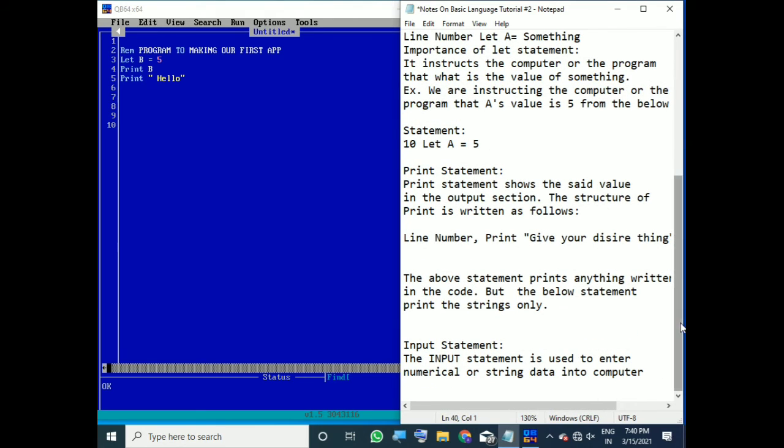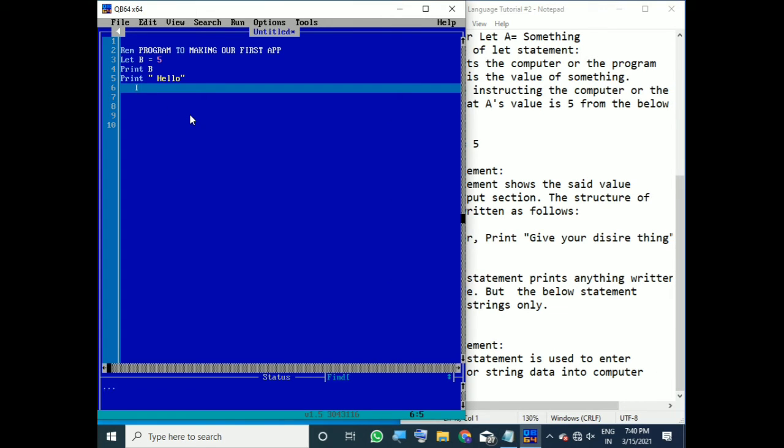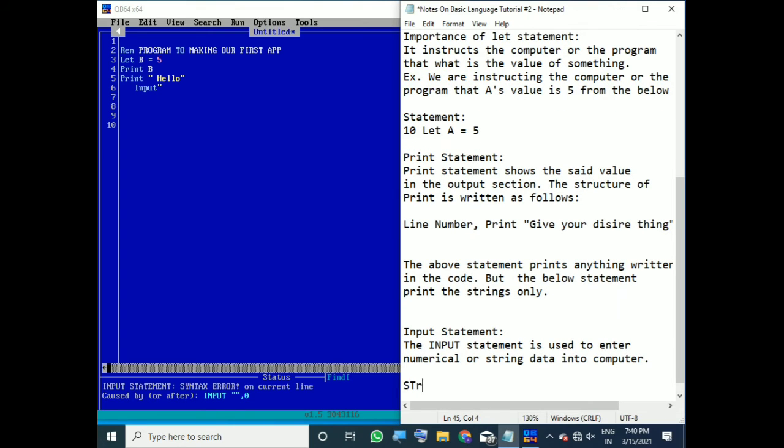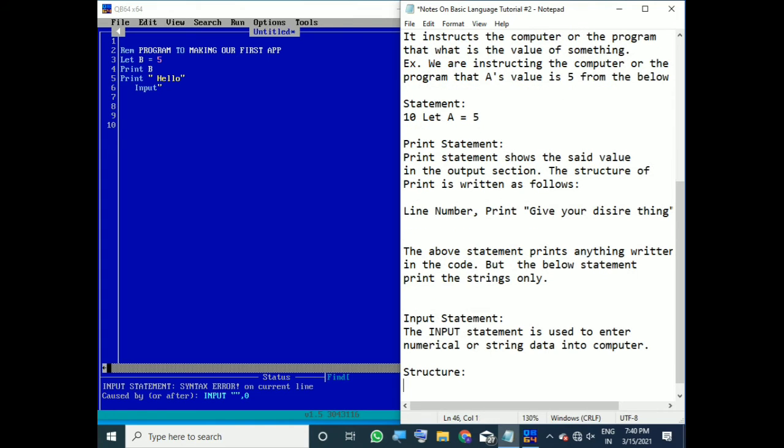So what is this thing? Let's write it in our code editor: input. Let's write the statement, or how it is written. What is the structure of input? Input, then the line, then a comma; do not give a comma, I am just writing it for that.